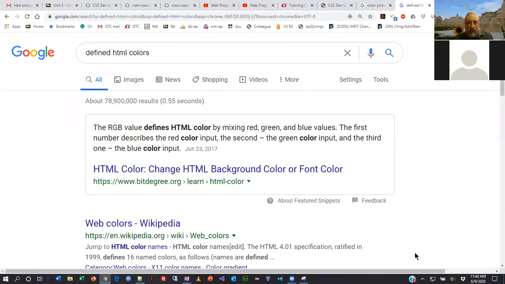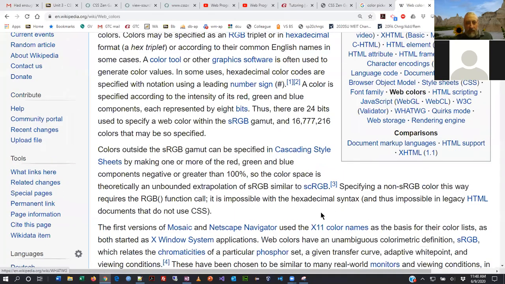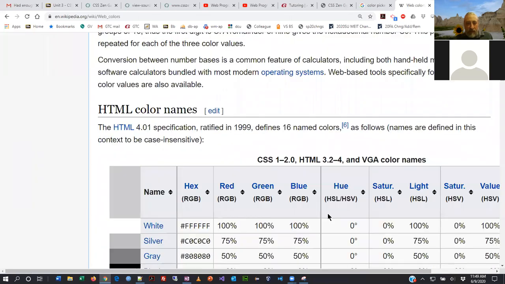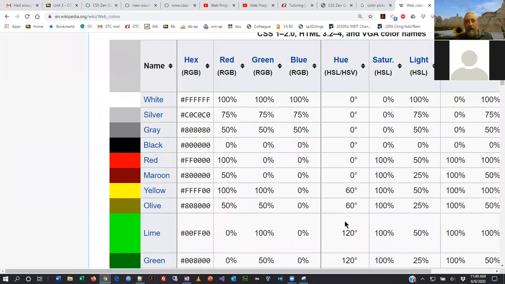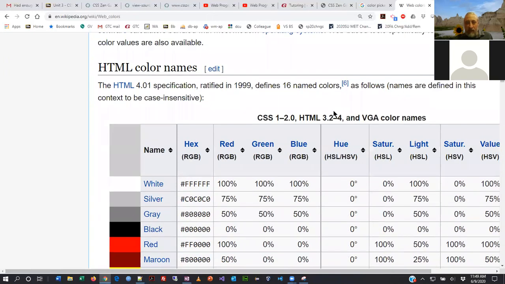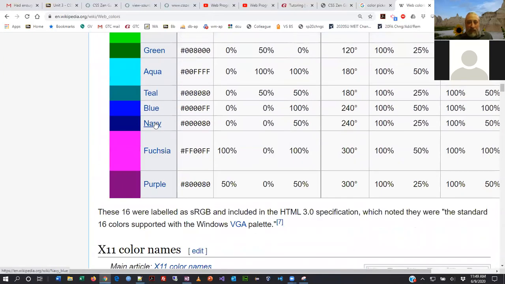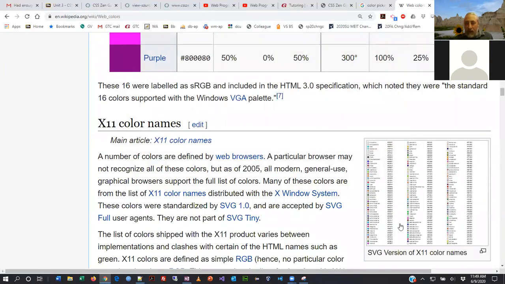colors have also been defined. So what they've done, and I'm trying to find the chart. So here's the chart where they have all the named colors and all the hex values, all the RGBs, etc. So whatever you want to convert it to. And this is a really simple one. There are